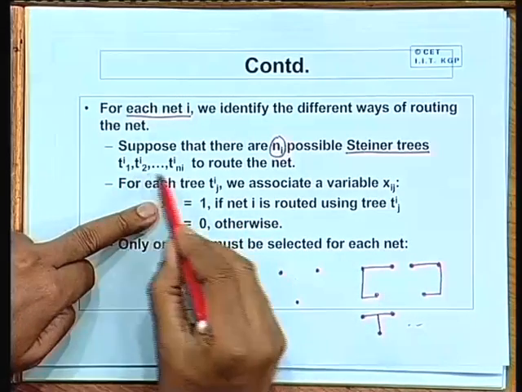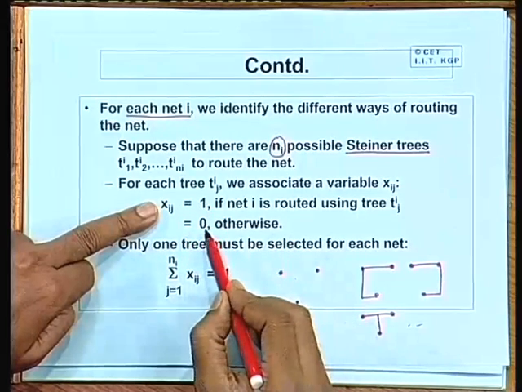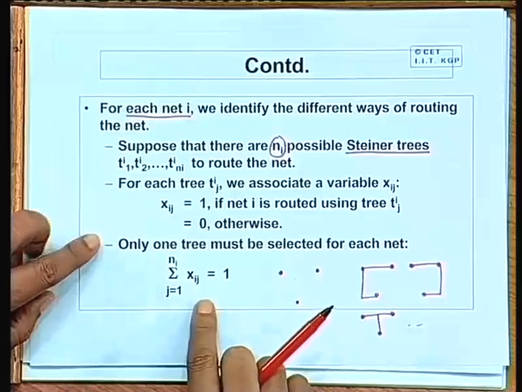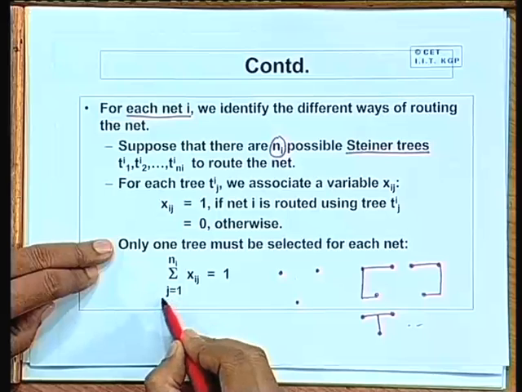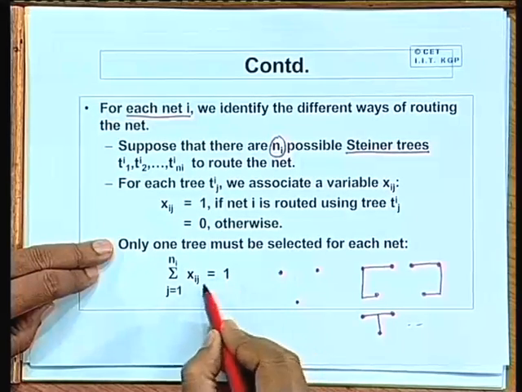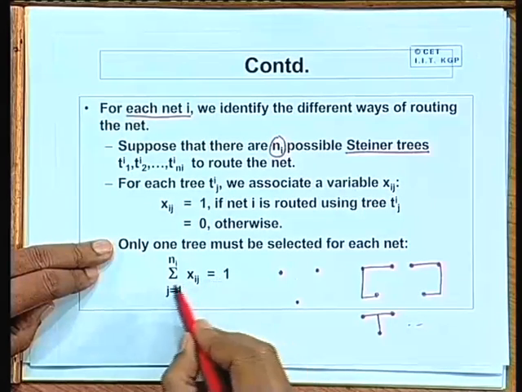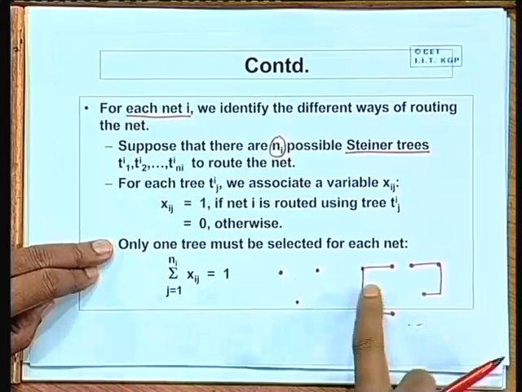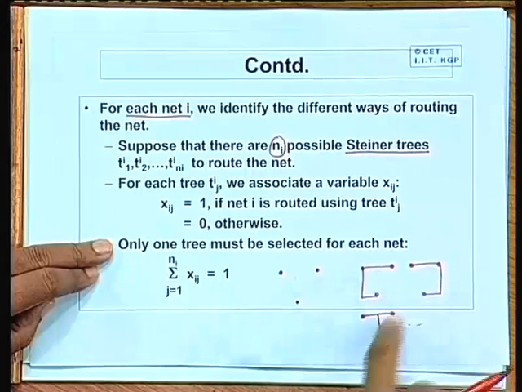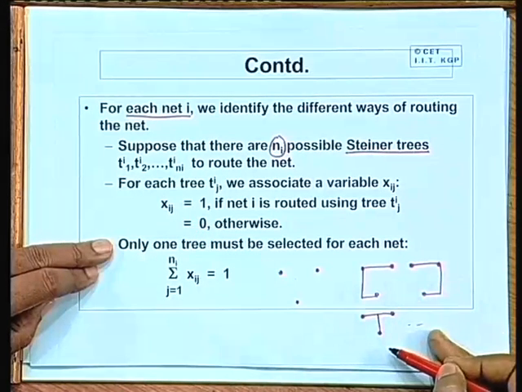So out of these ni trees, one of the x values will be 1, all the others will be 0. Just to indicate that only one of these we are choosing, we can write it like this: the sum of this over all j's will be 1. So for each i, exactly one of the xij values will be 1, all others will be 0, so that their sum will be 1. So, out of these we are selecting only one, others we are not selecting. Okay? Fine.